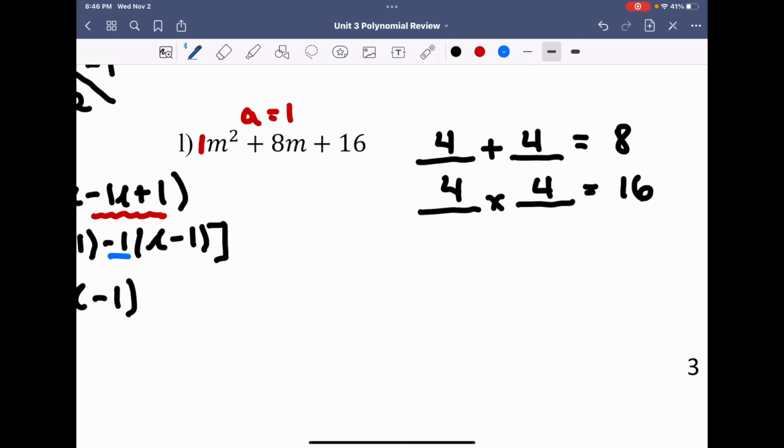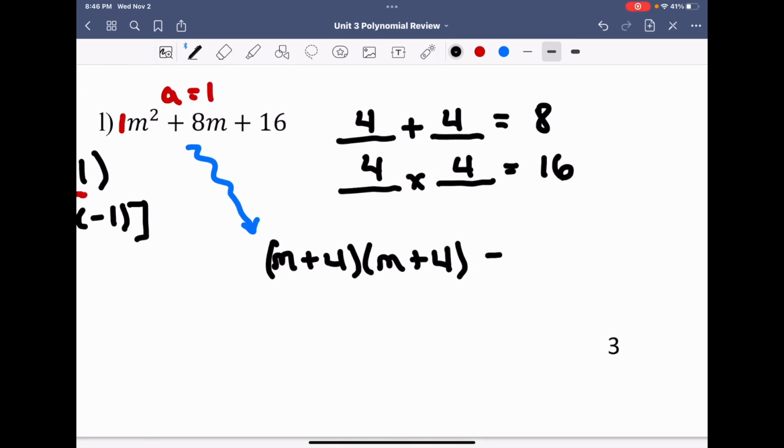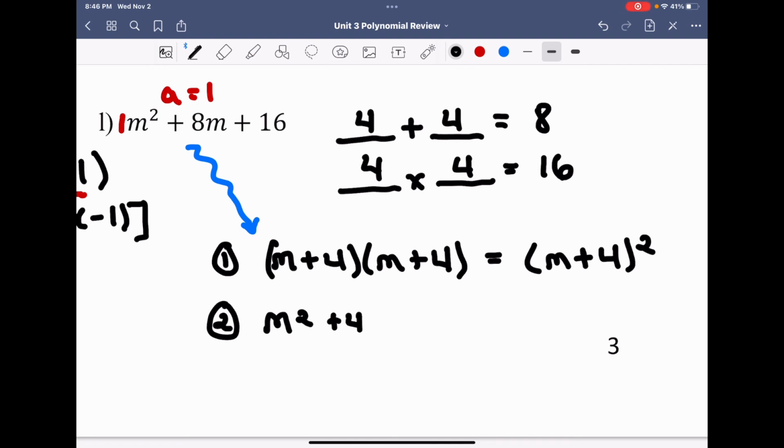So when I go to my factors, which I will draw a squiggle line down here to create more room, we have m plus 4 and m plus 4. This can be equal to the same factor multiplied by itself, m plus 4 squared. Now, if I wanted to do this by grouping instead, here's the alternative. This is method 1. Method 2, method 1 being inspection, method 2 being factor by grouping,